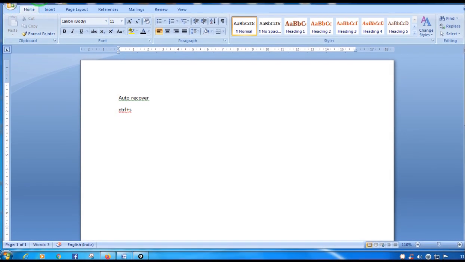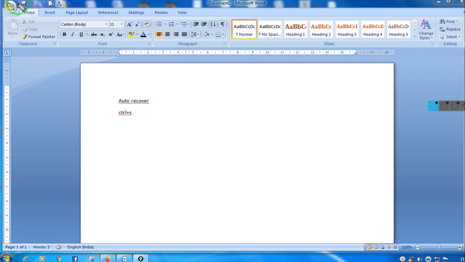I need not press the save button present on top on the quick access toolbar, or the Ctrl S shortcut key, to save a document. If the auto recover feature is enabled, it will automatically save our work.